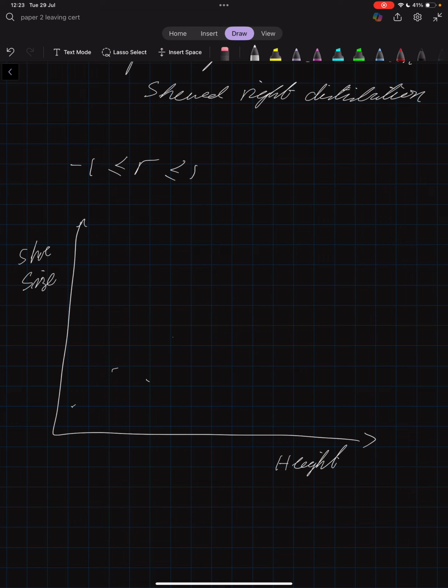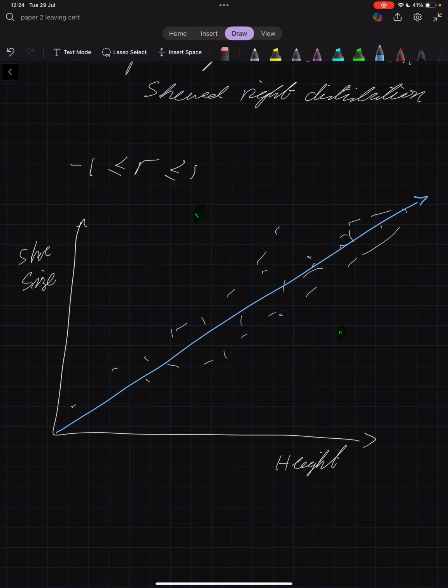You'd expect it to kind of look something like this. Maybe a couple of things here. These 2 points here would be called outliers to the rest of the data, because if you look at the data, it kind of follows